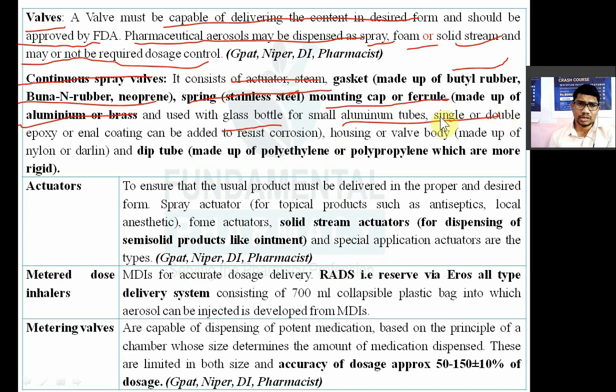दूसरा होता है foam actuator। So foam actuator will dispense the product in the form of foam, है ना। Solid stream actuators एक तीसरा होता है। So that is for dispensing of semi solid product like ointment। ointment का भी aerosol होता है to dispense a solid stream, and special application actuators are also available। These are the types of actuators, है ना। तो actuator का काम क्या होता है? To ensure the correct amount of product should be delivered at a proper site and desired form। That is the role of actuator। टाइप ऑफ एक्चुएटर जैसे आपका होता है ना, स्प्रे एक्चुएटर, फोम एक्चुएटर, देन सॉलिड स्टीम एक्चुएटर, देन, है ना, स्पेशल पर्पस एक्चुएटर।